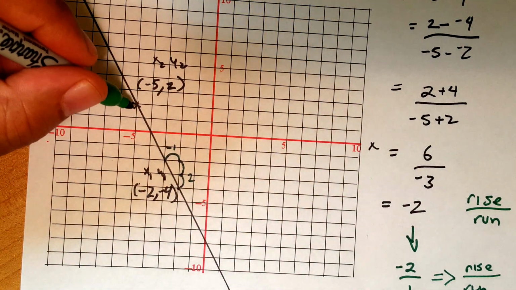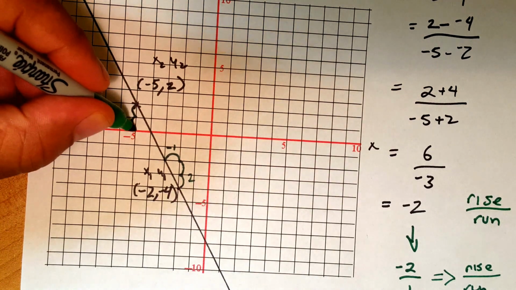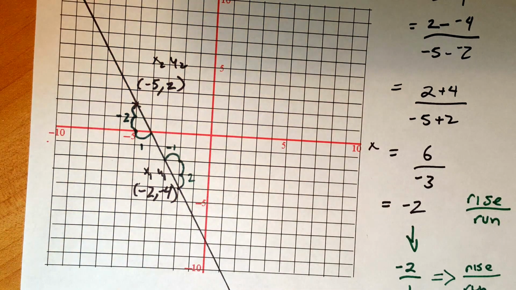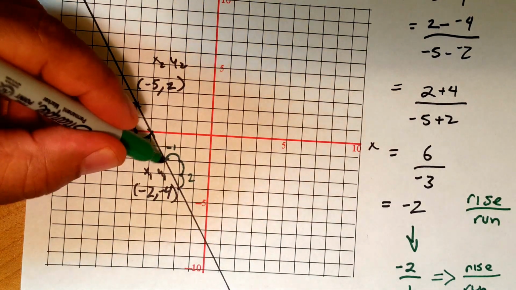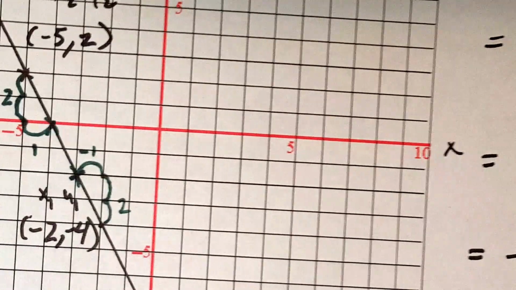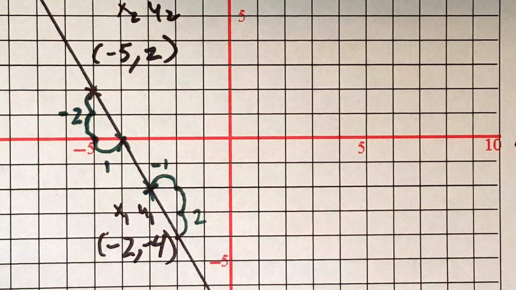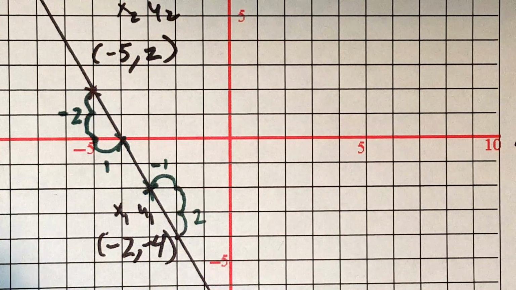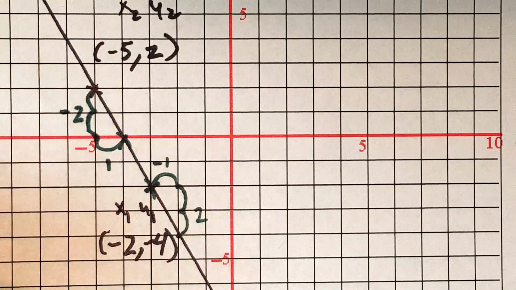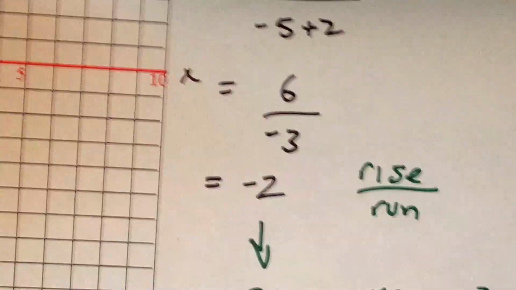Let's do it the opposite way. Let's say I go down 2 and to the right 1. So I went 2 down and to the right 1, and I still hit the line. So when we talk about a negative slope, and again, this was something people had questions about, it doesn't really matter if I go left or right, up or down, just that I make sure I account for it being negative. So I can go down to account for the negative, or I can go left to account for the negative. Now, when my slope is positive,